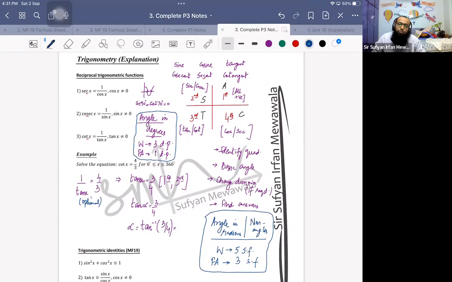So working should be 2 accuracy higher, that is 3 decimal places. So this is what we are going to do over here, as the domain was in degrees. How do we know that we have to work in degrees or radians? We have to check out the domain. As the domain tells us over here that the angle is in degrees, so we need to work completely in degrees over here. Calculating tan inverse 3/4 will give us